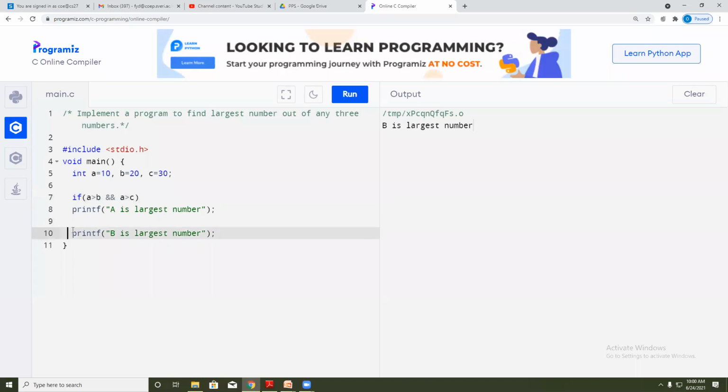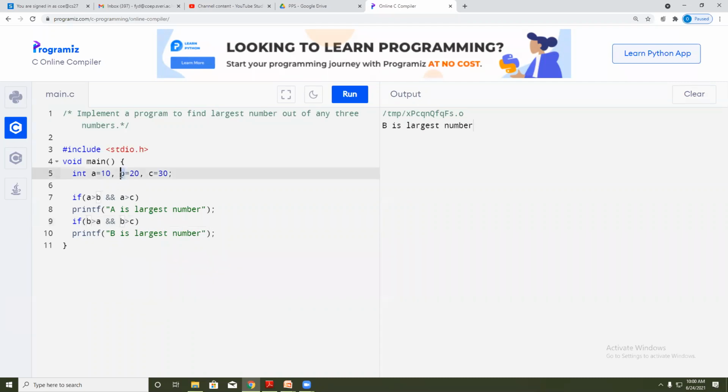Then I will write the next condition with else if, now I'm going to check B. If B is greater than A and B is greater than C, then it will print B is the largest number.